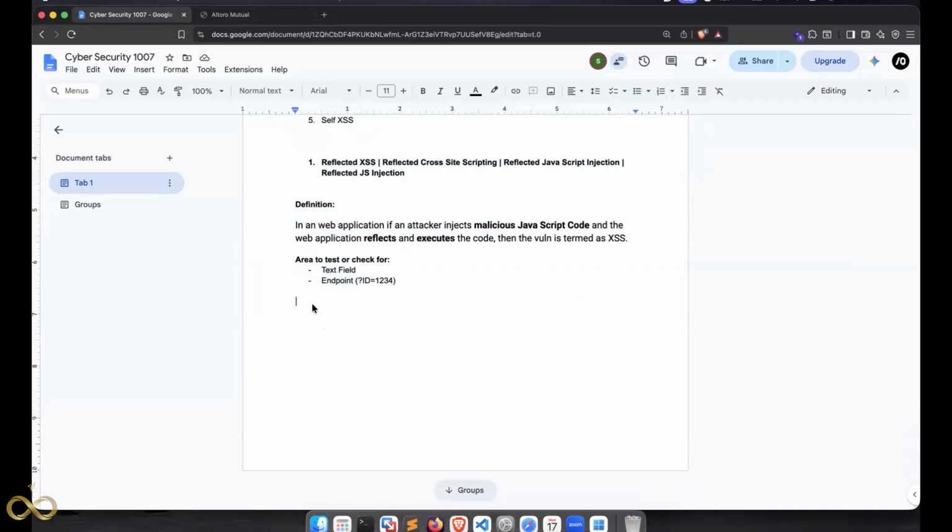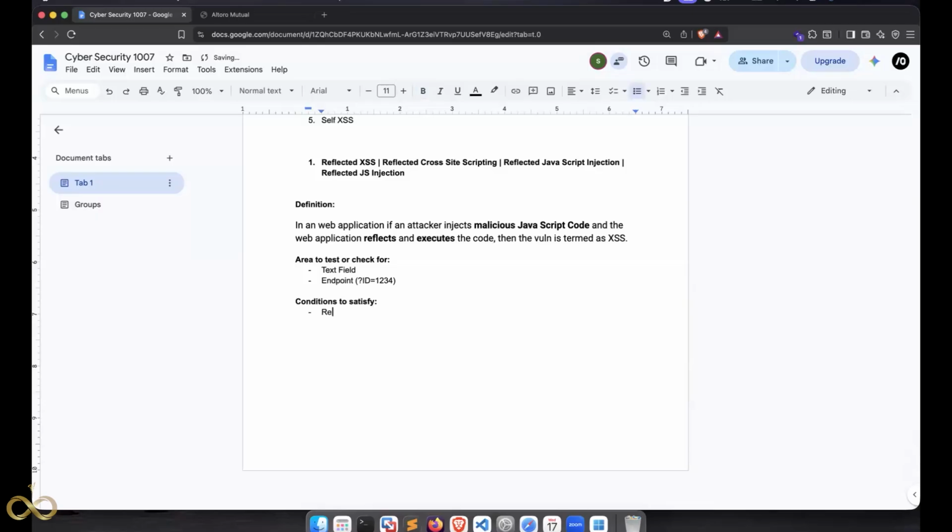No? Okay. Now the second part is, yeah, go ahead, Manju. What does exactly reflect mean? I know it means execute the code, but what does reflect mean in a web application? Okay, I'm coming to it. The next thing that we are seeing is conditions to satisfy. So if these two conditions get satisfied, we say it is reflected. Okay, and the conditions are,